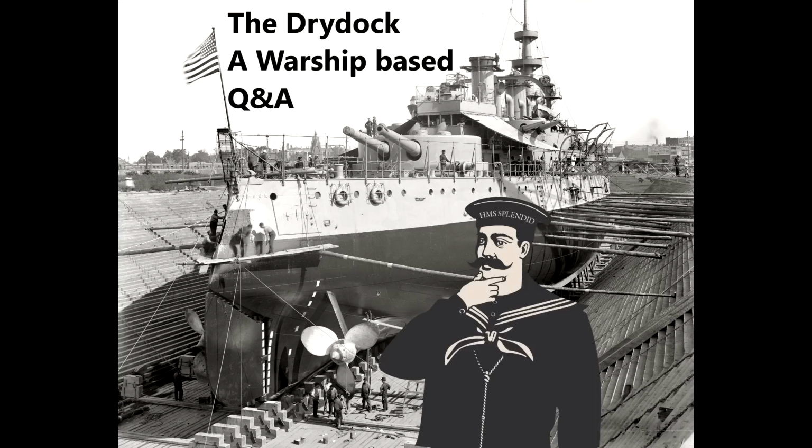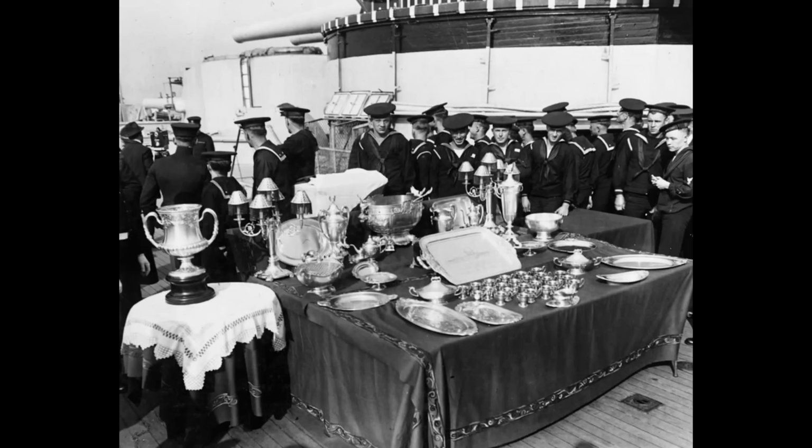Miko Leitner asks, when a ship is decommissioned and scrapped, what happens to all the decor and loose items like furniture, silverware, bedding, etc.? How many mementos are kept of old ships by different navies? Well, it depends on exactly what the loose items are. A lot of the time, stuff like furniture, bedding, and the more general stuff like that will be taken off the ship and recycled into the navy because, well, chairs, tables, bunk beds, that kind of stuff,